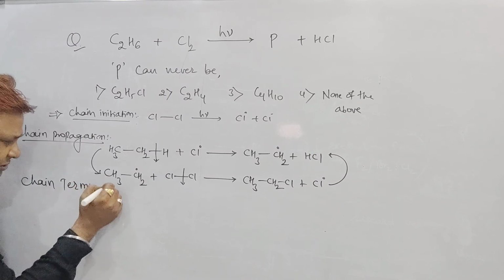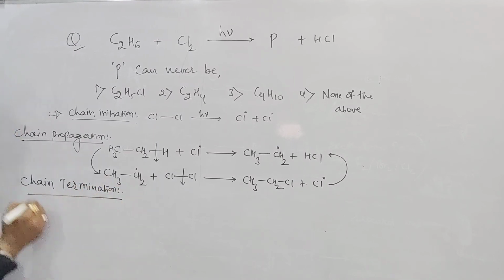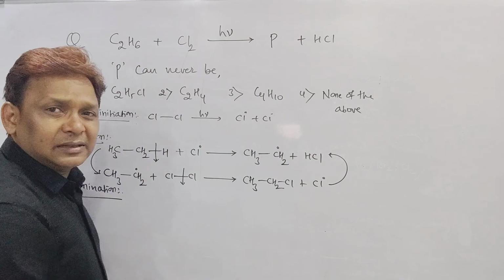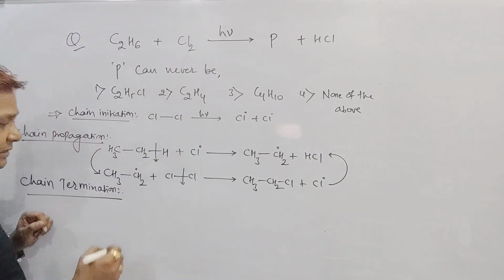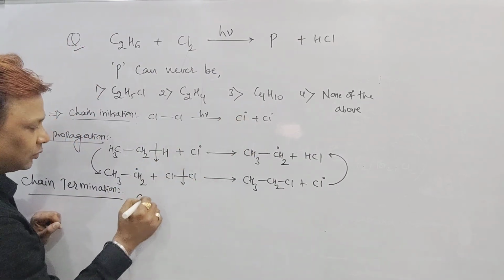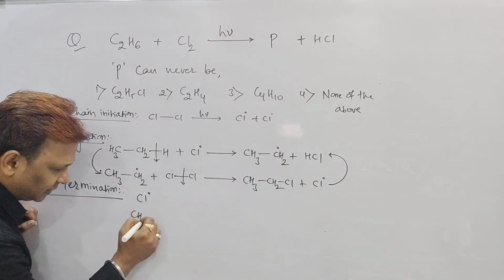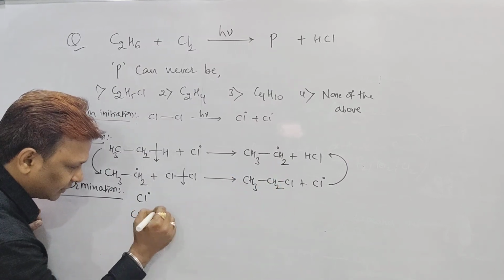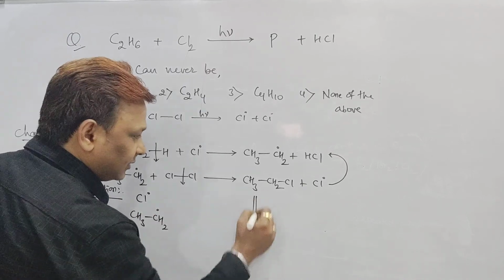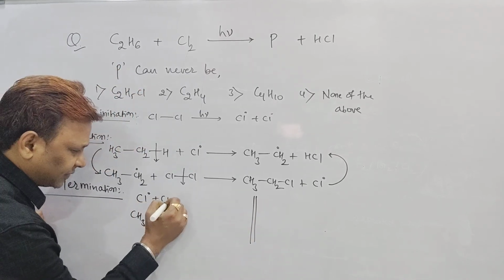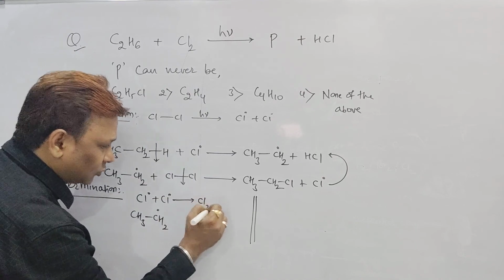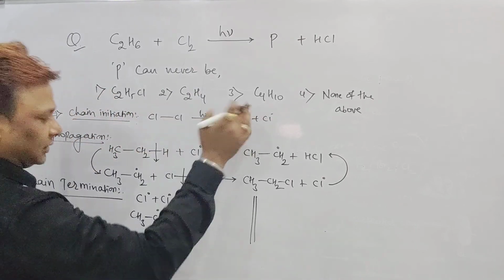So what to do in the chain termination? You know, beta, in chain termination how many radicals are there with you, that you correct. Sir, I am correcting: Cl radical, okay. Beta, one more, ethyl radical. Can we say, beta? Yes sir, ethyl radical. Beta, one more we can say: Cl radical can combine with Cl radical and it forms Cl2. Option is not there, leave it.